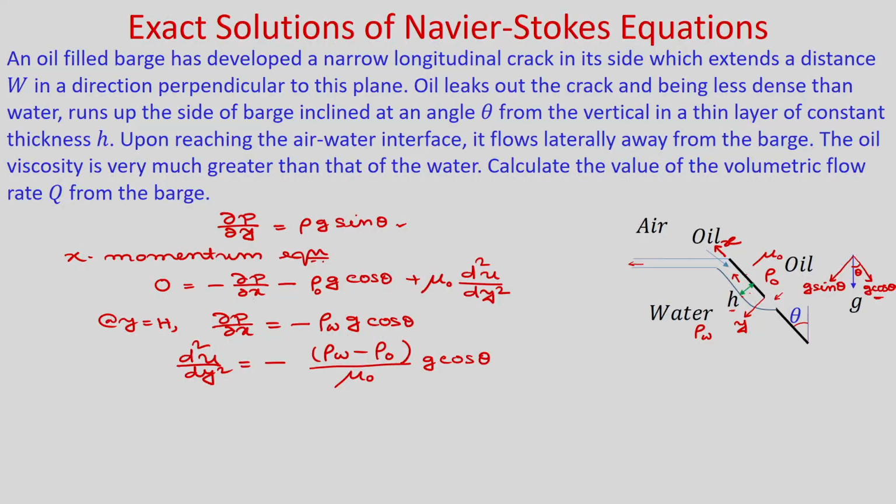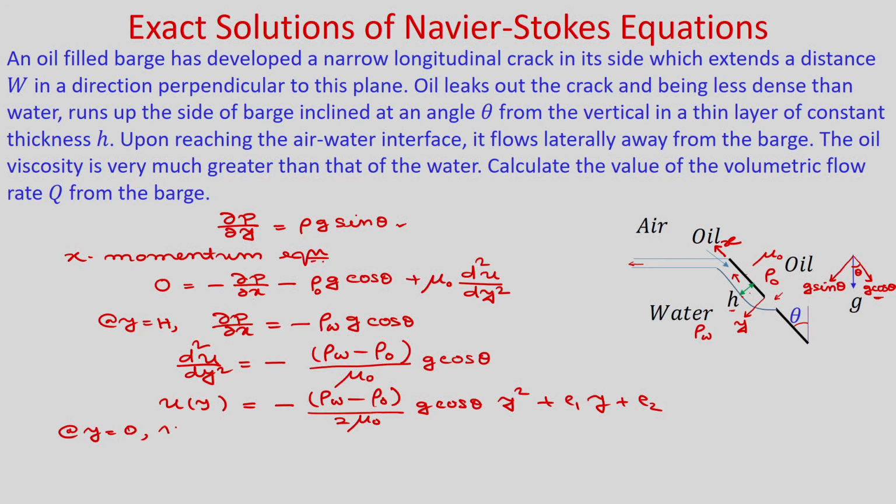So, if we integrate twice, you will get the velocity distribution u(y) as minus (rho w minus rho o) divided by twice mu naught g cos theta into y square plus c 1 y plus c 2, and boundary conditions are at y is equal to 0, it is a stationary plate. So, u is equal to 0. So, from here you will get c 2 is equal to 0, and at y is equal to h,